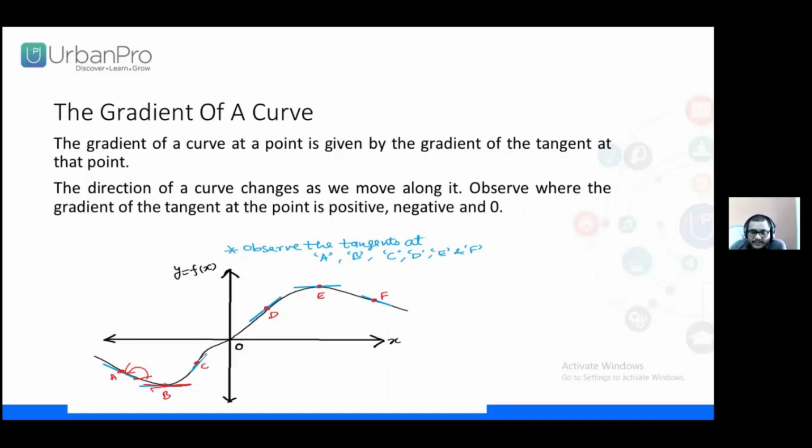We can see this point C. Here we can find that this angle is theta, and this theta is between 0 and 90. So the gradient of the curve at this point is positive. Here the function is changing with respect to change in x. We can find these angles are changing with respect to the independent variable, that is x here. Accordingly, we can find the gradient of a curve at different points.